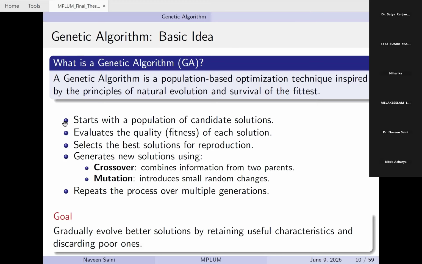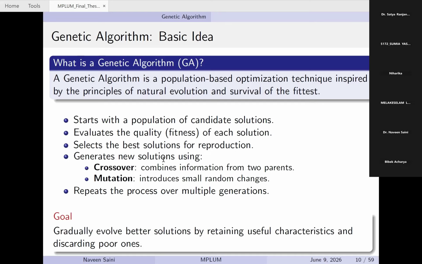So it will start with a population of candidate solutions. Here, parents are there. Then evaluate the quality of the solution. We will evaluate the quality of every parent. Then select the best solutions for reproduction. Out of the parents, we will select only those parents which are best for reproduction, that means for generating the children. And then